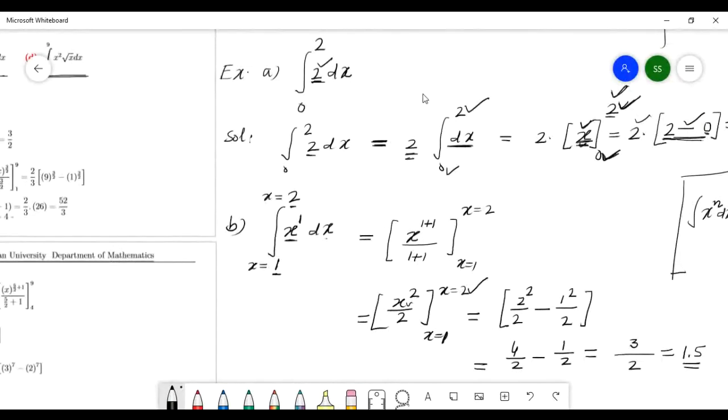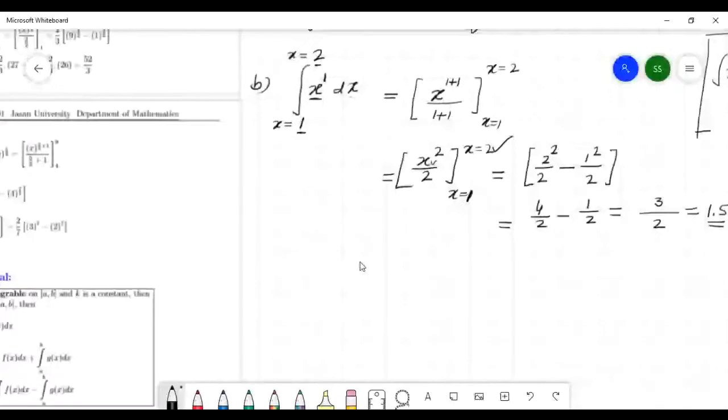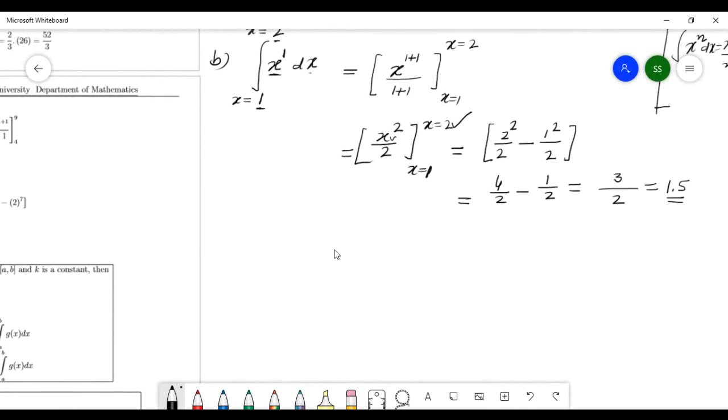See this number C, the integral from 1 to 9 of square root of x. How to solve this? First you have to see the function here, which is square root of x. So the integral of square root of x comes. How to find it? Square root of x is x power 1 by 2, dx.